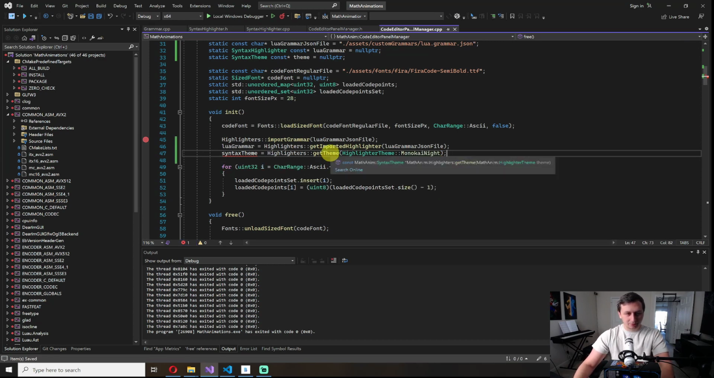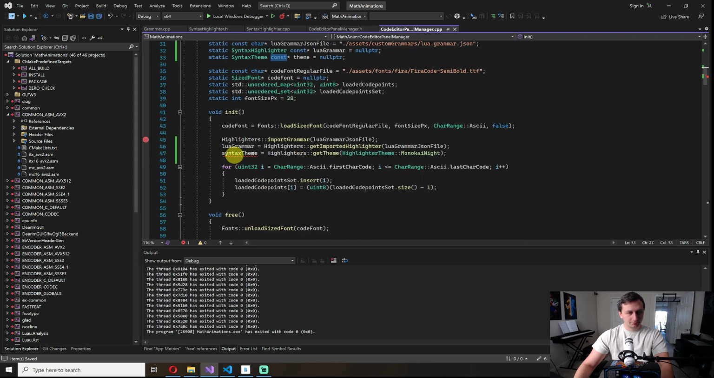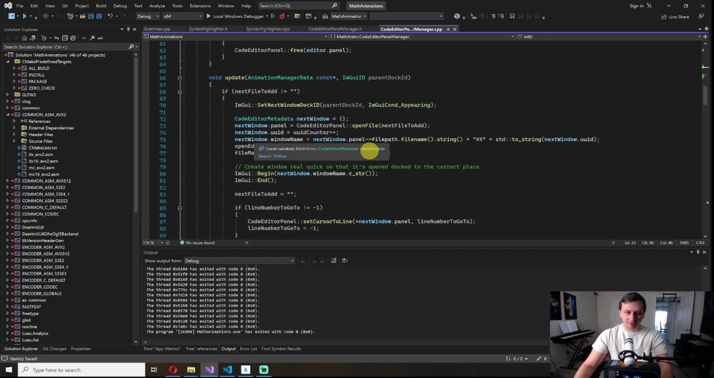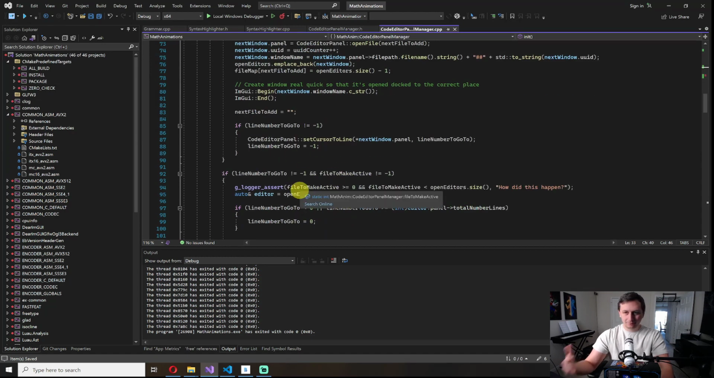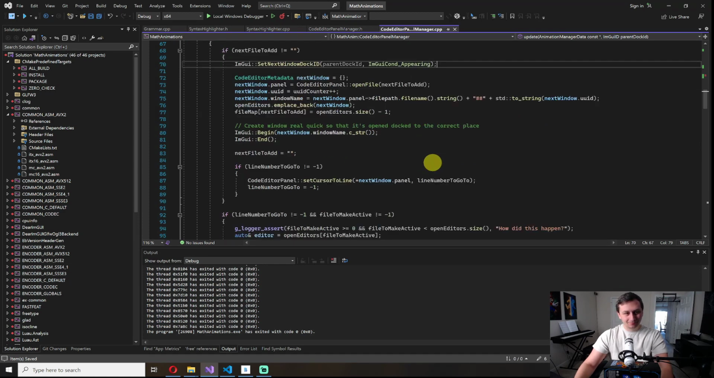Okay, anyways, let's see what's wrong with this. This gets a const pointer. This is a const pointer. Oh, syntax, did I spell it wrong? Yeah. Syntax theme. Okay, there we go. Cool, so that's good. Now we have a theme. We have a grammar. So now the next thing to do would be to add highlighting, right? And that's the tricky part. It shouldn't actually be that tricky to start with, but